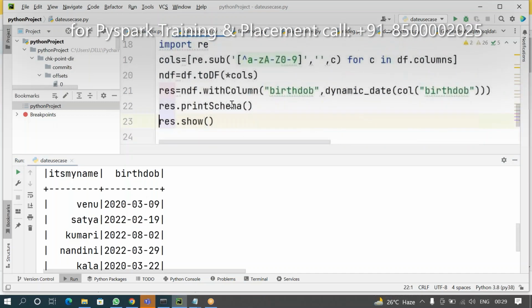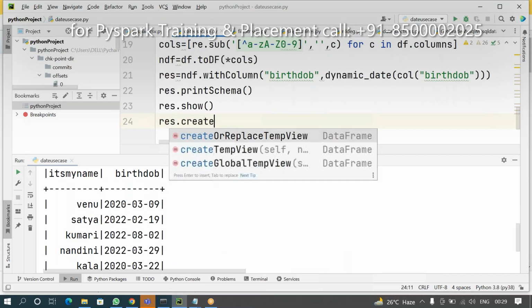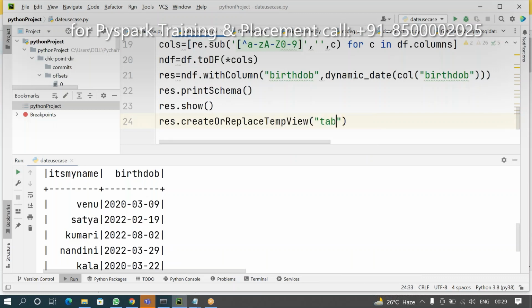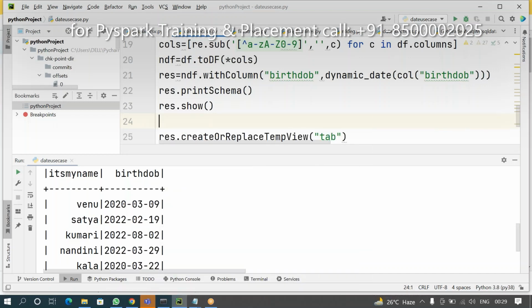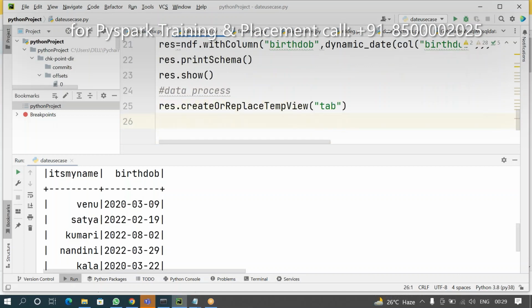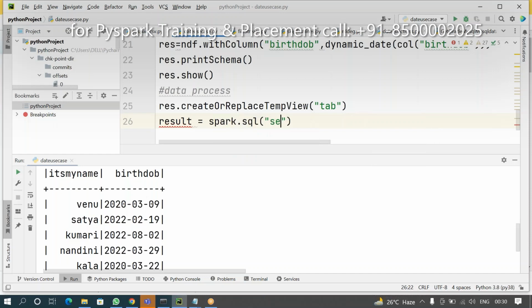Now after this data cleansing, if you want to process, do your experiment right now. This dot create or replace temp view, like tab. After cleansing, now either use create or replace temp view. Now spark.sql select star from tab